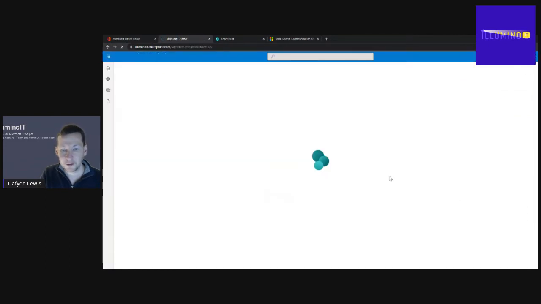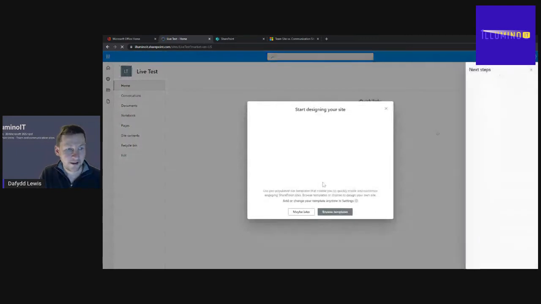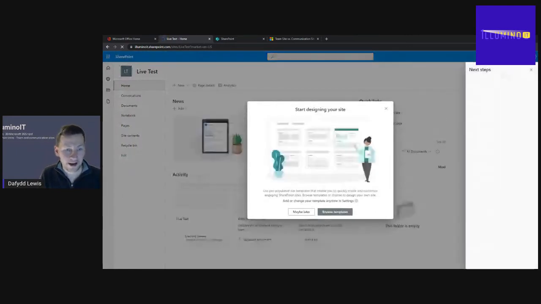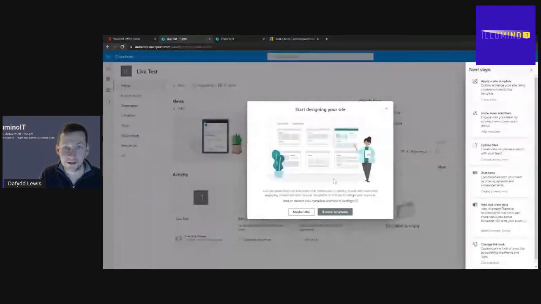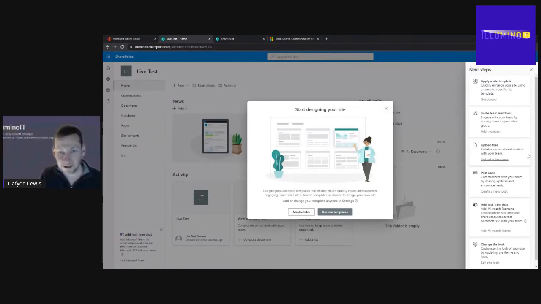So let's finish there. And there we have it straight away. We have our team site, which is created, and this is a place for, for example, an internal team to collaborate on different aspects. We can collaborate on files, on lists, and so forth, as I mentioned. We can upload files, invite team members, and also, very useful,